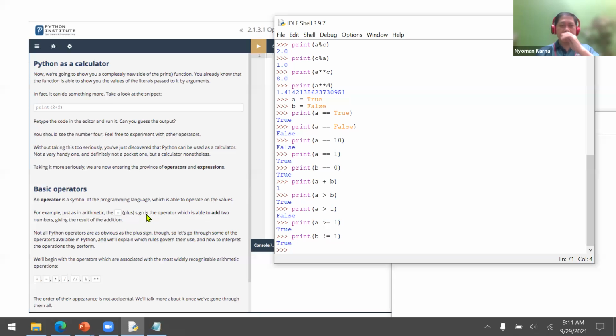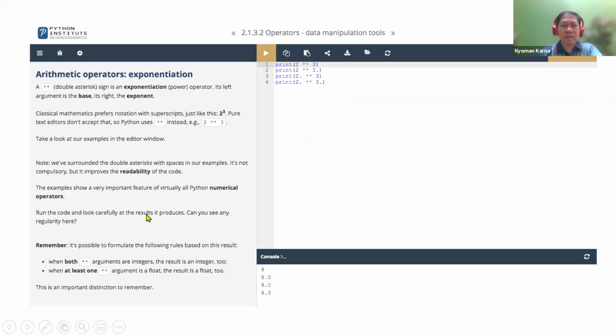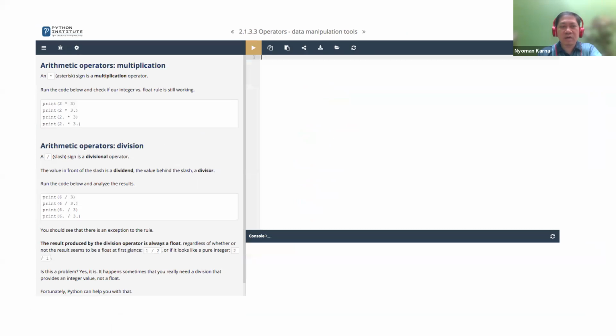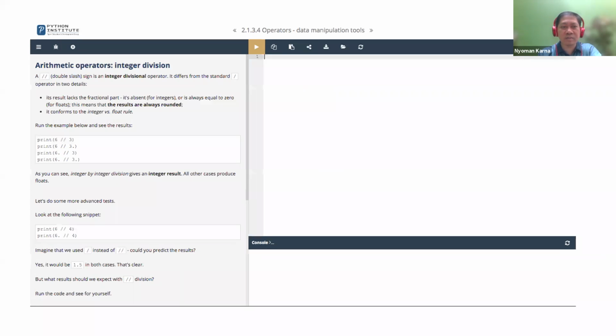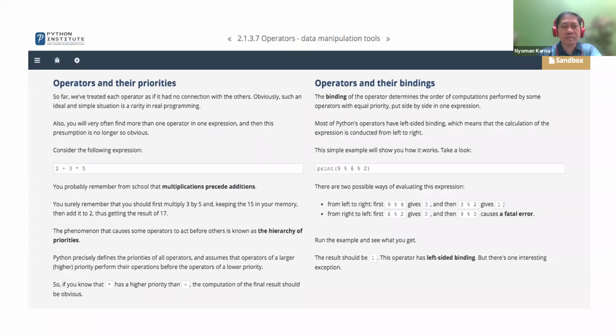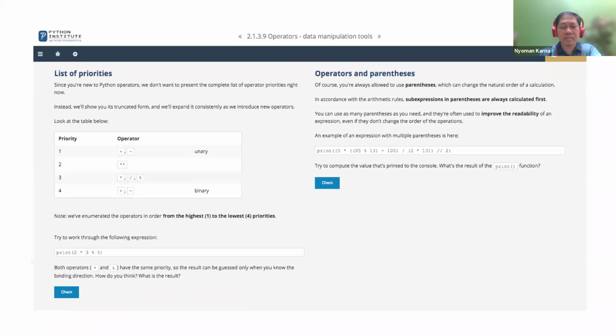Okay, now after this, we also discuss the hierarchy of the operator. The highest level of operator is the unary, which is sign.